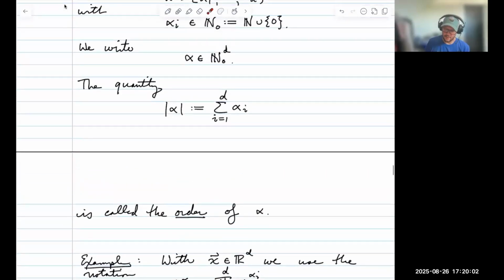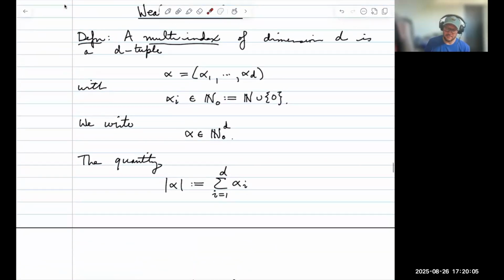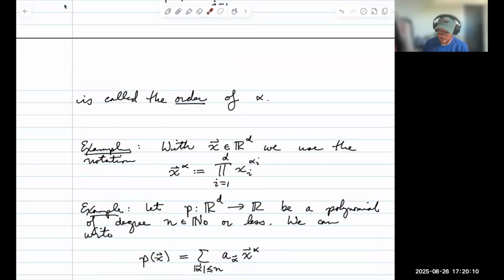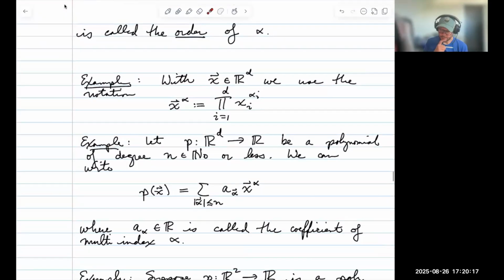Okay, so some of you have probably seen multi-indices before, maybe not all, but they're useful when you talk about PDEs. They're also useful if you talk about polynomials. So let me give you a quick example. Suppose that x is a vector in R^d. Then we're going to use the following notation. If I take the vector x and I raise it to the multi-index power alpha, this is not really raising x to the power alpha. This is notation, and what it means is